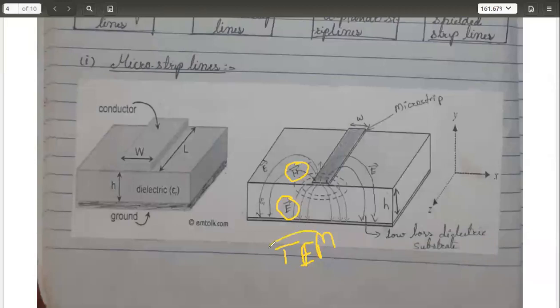However, purely TEM is not possible, because you can see partially some of the lines are in the air and some of the lines are in the substrate, and air and substrate have different dielectric values. Each medium has a different epsilon r value, air is different and the substrate, whichever you use, has its own value, because there is a change in the medium. Some part is in the air and some is in the substrate. Purely transverse electromagnetic mode of propagation is not possible, and the type of propagation that it supports, we call it,